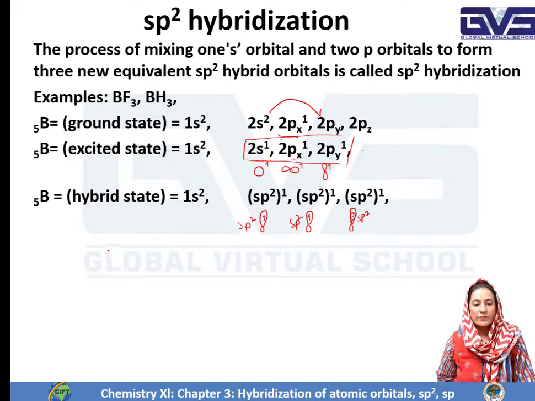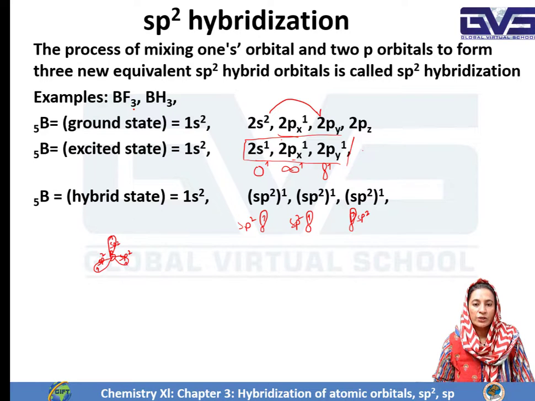So now we have this boron. On this we will draw these sp2 orbitals so that they are at a maximum distance. They will be at a maximum distance when they are distributed in an equilateral triangular shape, like this sp2, this is sp2, this is sp2, with 1 electron in each. And the other bonds are with